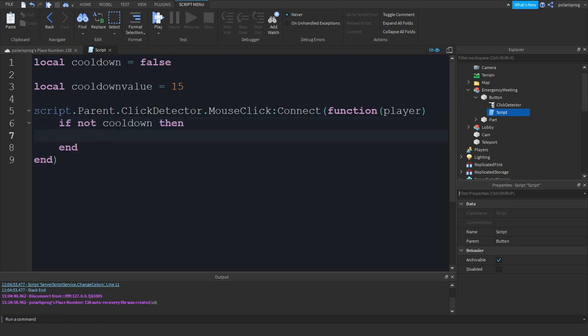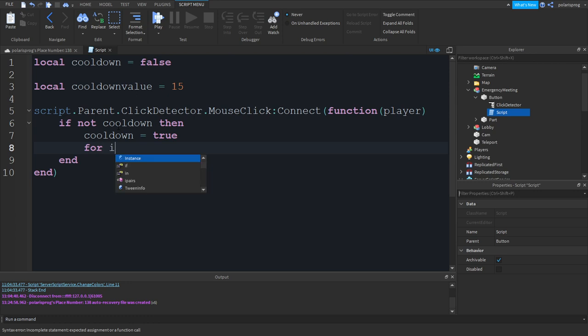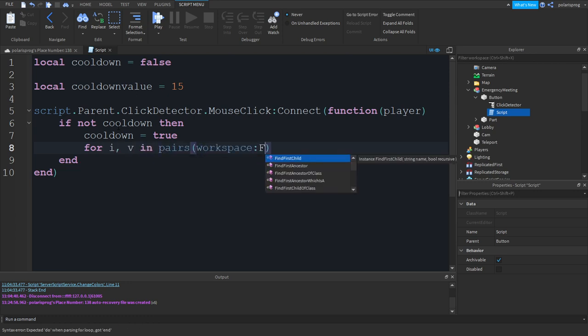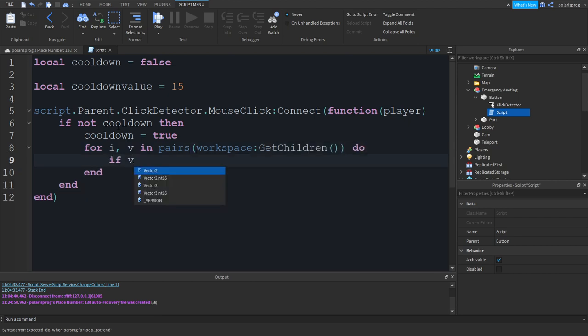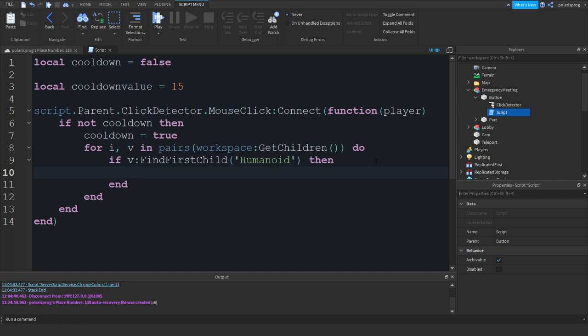If not cooldown, then let's firstly set cooldown to true, and we have to teleport all of the players. So for i, v in pairs workspace:GetChildren() do, if v:FindFirstChild humanoid then, so if we find the humanoid, then it's a player, and then we will check if v:FindFirstChild in game, then